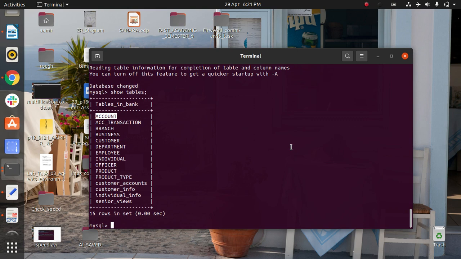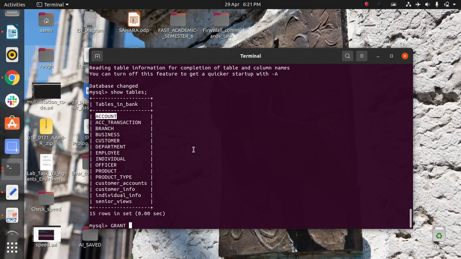What will I do? I will simply write grant. The types of permission, the privileges, can be select, delete, drop. These are some types of permissions. Let's grant the select permission to Amer: select on bank.account to user Amer at localhost.